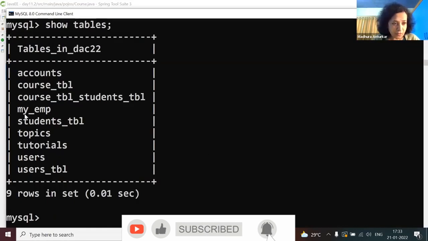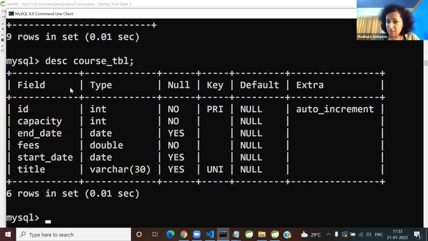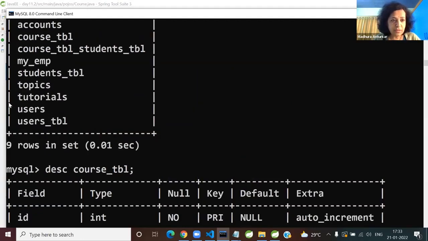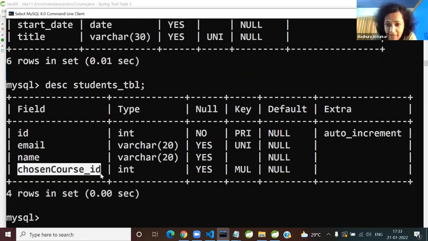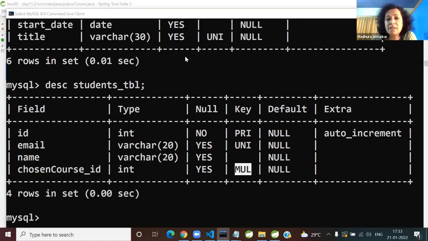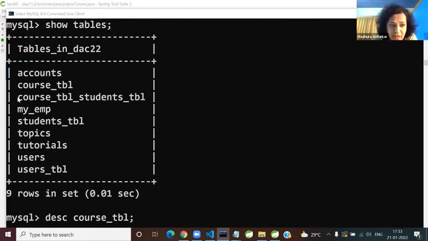Show tables. Take a look at your courses table. This looks absolutely fine. No issues. All this ID has come. And if I say describe, what is that? Students table. It has already got, see the weird name, everything we are going to fix. The moment you say multiplicity, which constraint is it? A foreign key. Yes or no? So tell me again,